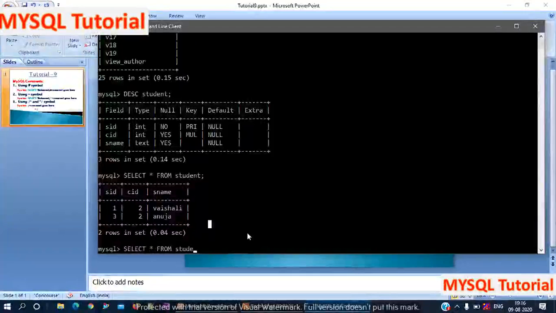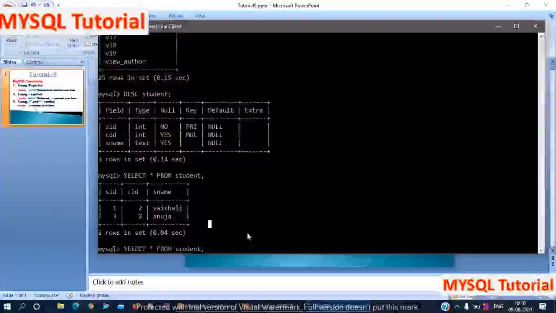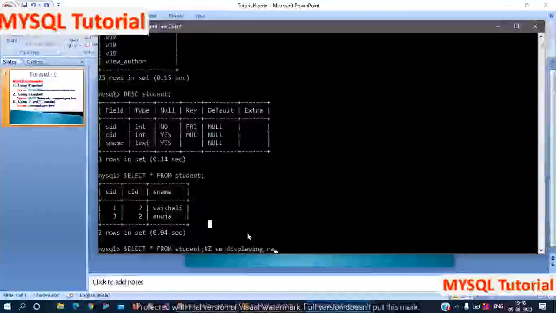Here the table name is student. Then by using hash, here you can give any comment. Here I give the comment: I am displaying records from student table.